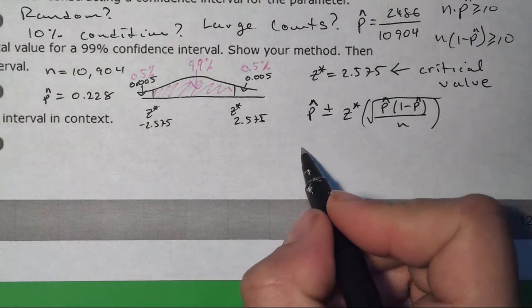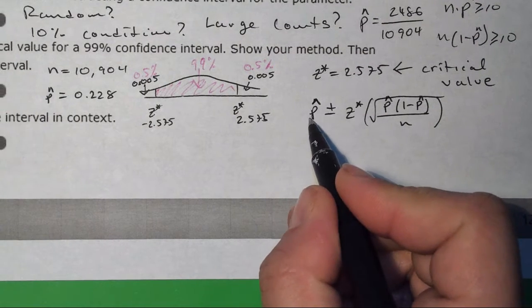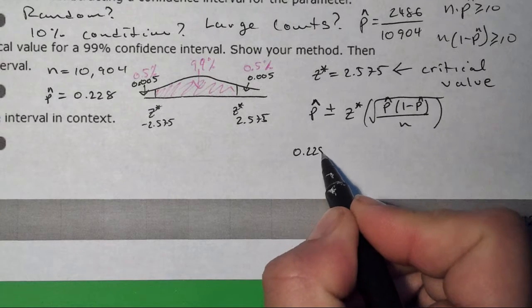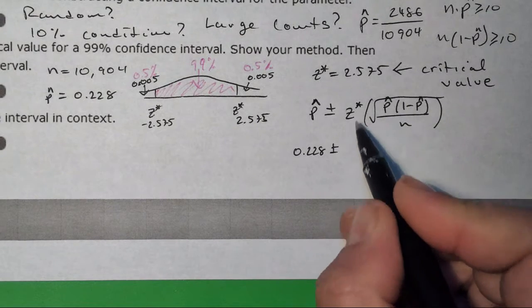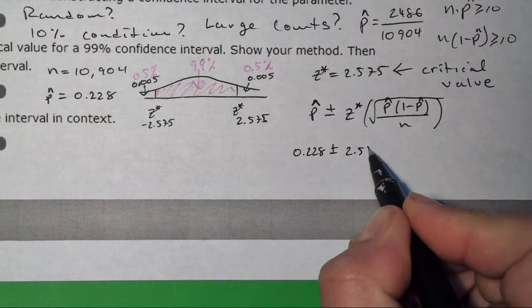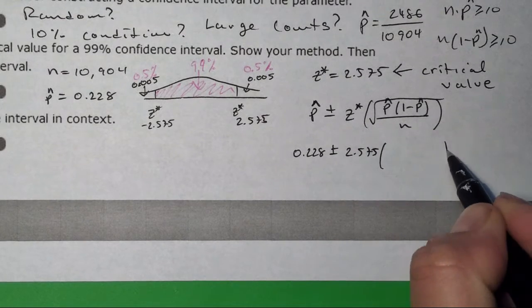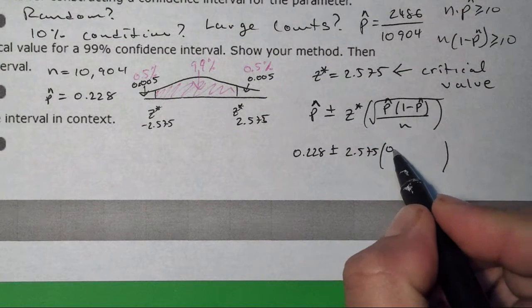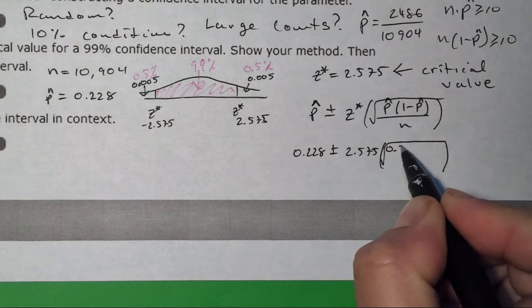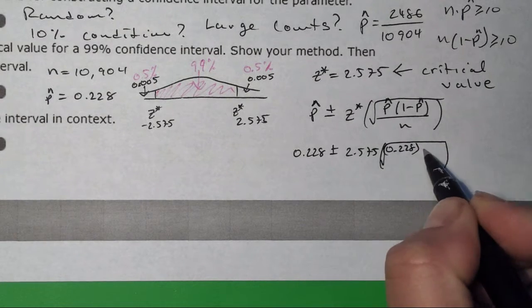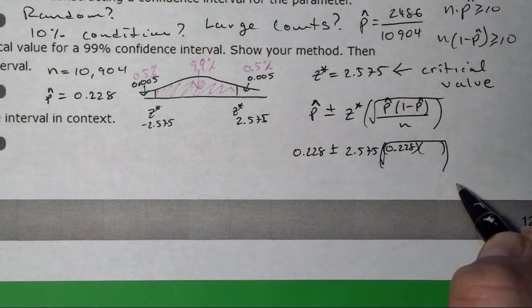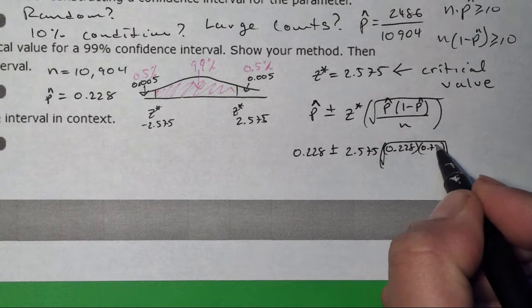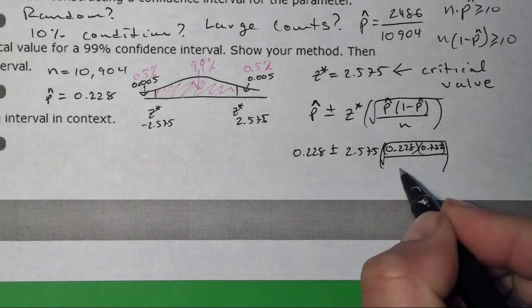Alright, so let's see, we're going to plug and chug. So your p hat was 0.228 plus or minus, your critical value was 2.575, and we're going to multiply it all by the square root of 0.228 multiplied by 0.772, all divided by